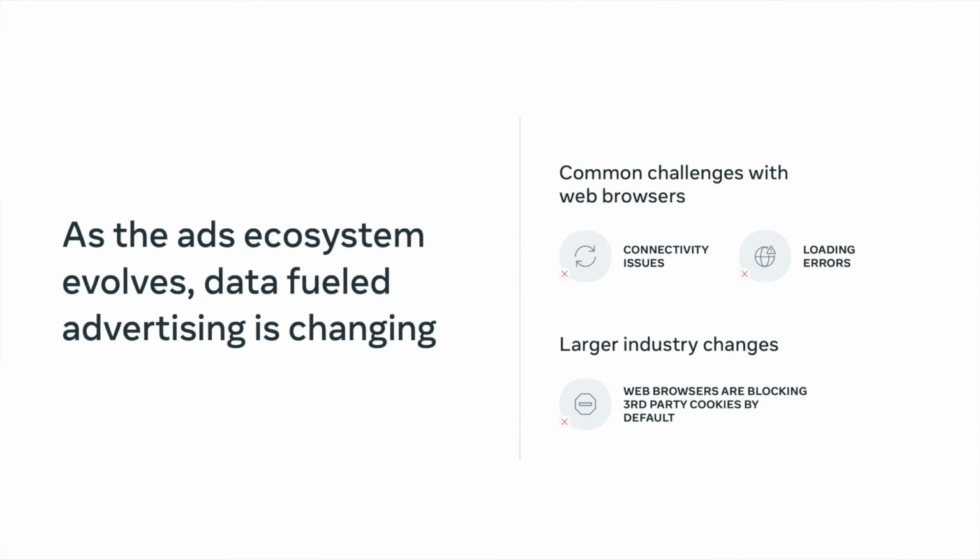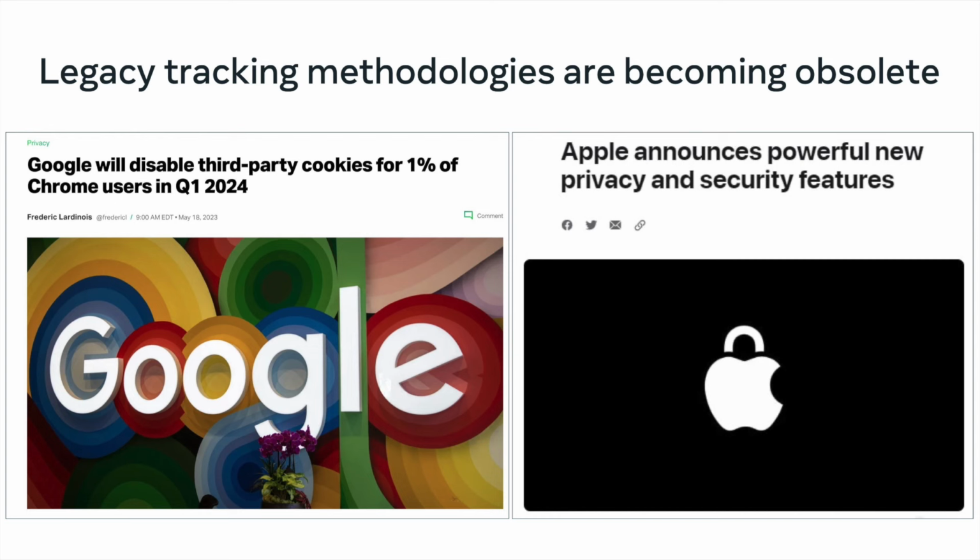Yeah, Simon, I totally agree. And you've probably heard about the impending deprecation of third-party cookies in 2024 on Google Chrome. But the reality is that this idea and concept of signal loss already exists today, and it's not insignificant. So things like connectivity issues, loading errors, and ad blockers are all hindering your campaign performance today, and also your ability to track and attribute conversions. And these things will only greatly intensify once Google Chrome deprecates third-party cookies, which is happening in 2024 in a very short period of time.